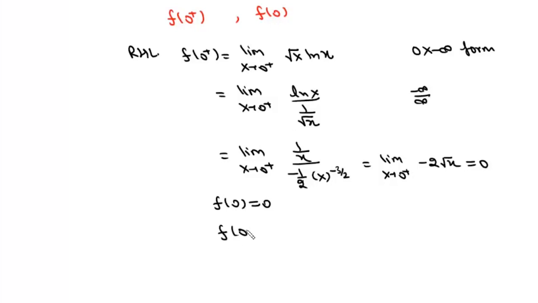So in this case, f(0+) is equal to f(0), and it is equal to 0. That means this function f(x) is continuous at x equals 0. So this is how we check continuity at the endpoints. And if we take another example,